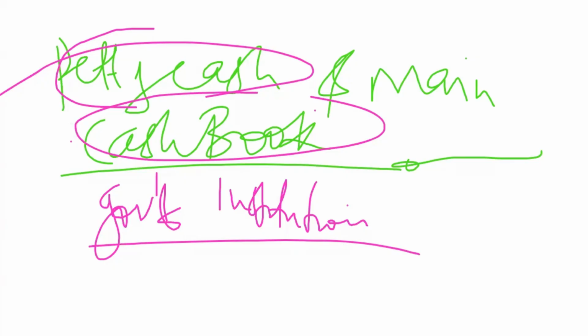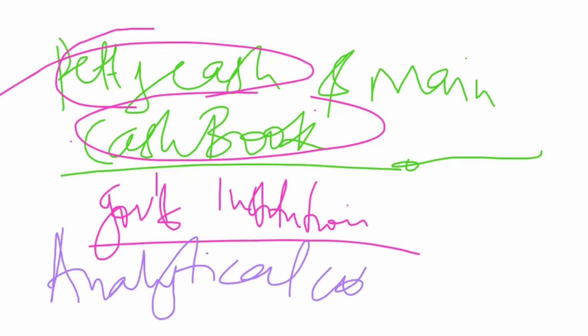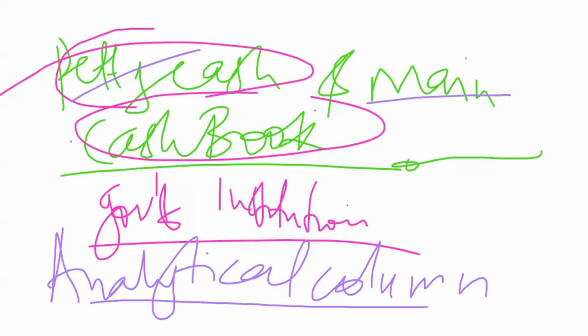Everything appears, all the petty expenses and the main expenses, in one cash book, but they try to use what we call the analytical column. As they combine the petty expenses and the main expenses, they use the analytical column to share